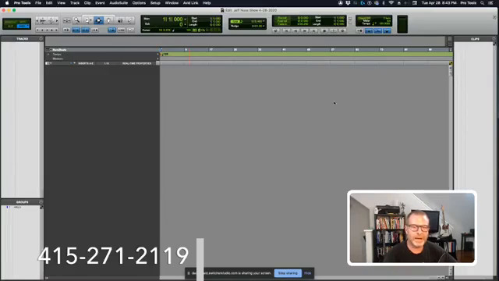GarageBand, all of the other apps, great. And what I'm saying here is I'm not bagging or saying anything bad about the other apps. They're all great, and whatever you can get your hands on is, bottom line, what you should get into. With that said, one of the benefits of Pro Tools is that if you plan on working with anybody else in the audio industry, odds are very good that they're going to be using Pro Tools, and anything you do on your home Pro Tools system is going to immediately translate to any other Pro Tools system, big or small. Number one. Number two, there's a massive amount of Pro Tools users out there that you can pick their brain,